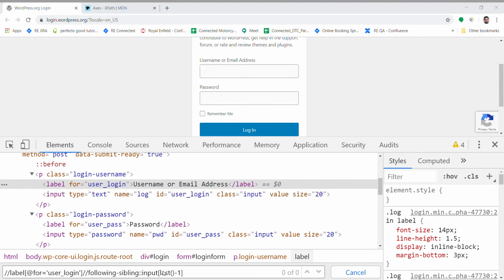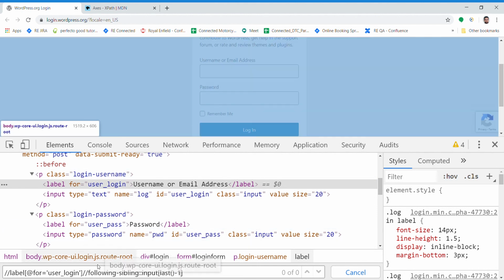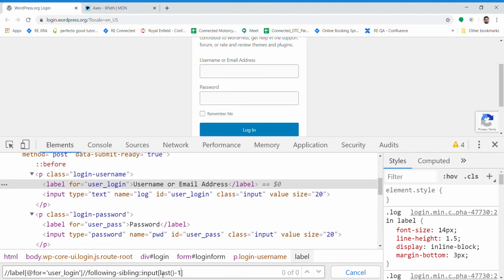But we can also use the second last one. But as we see here, we are on user login, following sibling input. One second, because this is the only last one, there is no more. This is the only last one, we cannot find its second last, right? So this is the last.